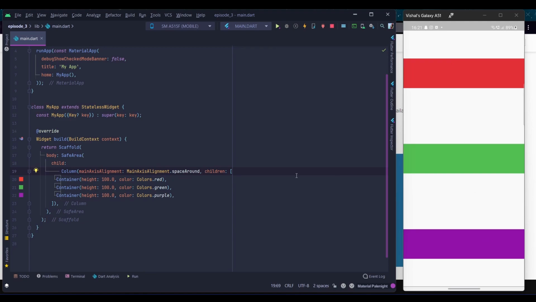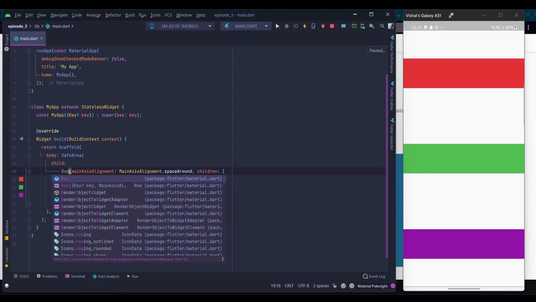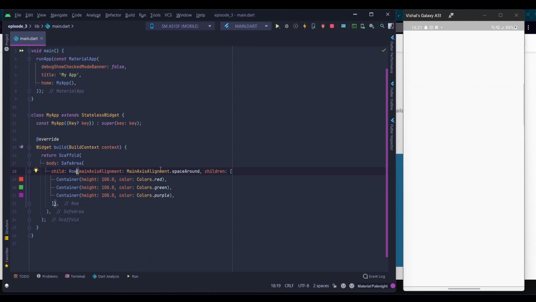The row widget is very similar to a column, except the children are arranged in a horizontal manner from left to right. So if we just replace the column with the row widget, we can see that we have nothing, because row widgets also try to be as small as possible, and since the containers have no width, we cannot see anything even though we have height for the containers.